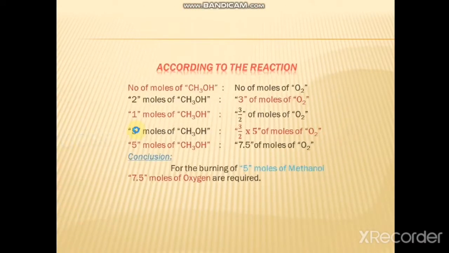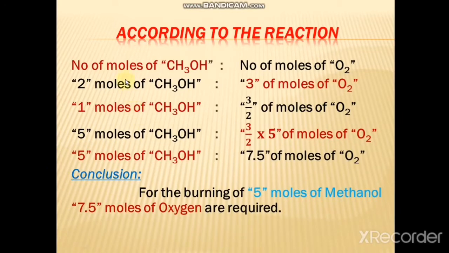So dear students, according to the equation you are provided 2 moles of methanol and 3 moles of oxygen. This means for the combustion of 2 moles of methanol we will use 3 moles of oxygen,